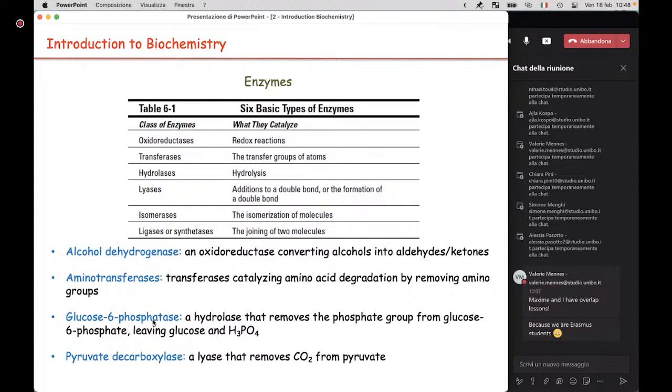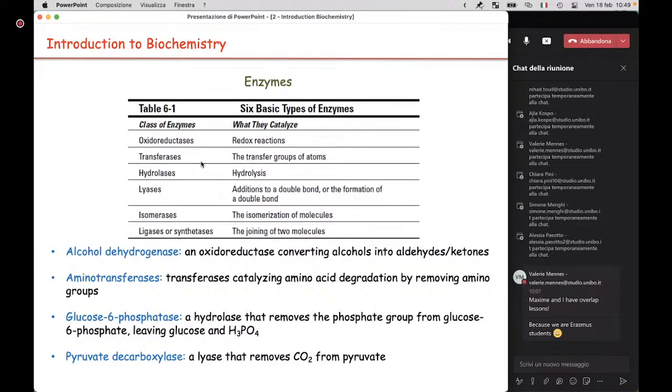Okay, here there's a list of different enzymes, but I don't think it's very useful to study or to remember those names. It's just a list in order to show you that almost no reaction happens in the cell without the action of enzymes. Okay, so we have classes of enzymes. These are broad classes of enzymes. Oxidoreductases. All enzymes that catalyze redox reactions are called oxidoreductases. Or transferases. They transfer groups.